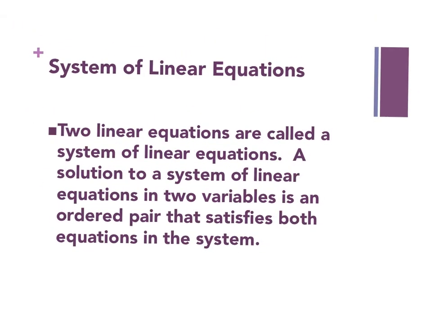So what is a system of linear equations? This is two linear equations in which you have two variables. So this is linear being both lines, right? Two variables, and both of them would be raised to the first power. And the solution to a system of linear equations is an ordered pair that satisfies both equations in the system. So when you get to an answer and you want to check it, it would need to get plugged into both equations in order for it to work,